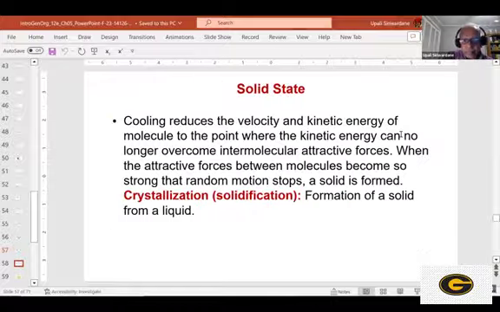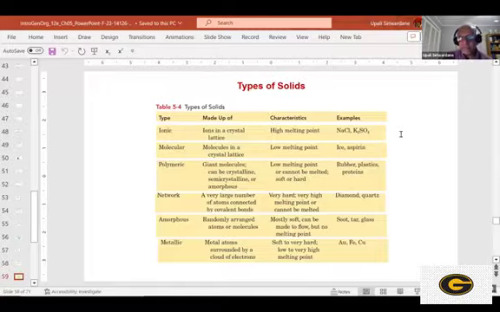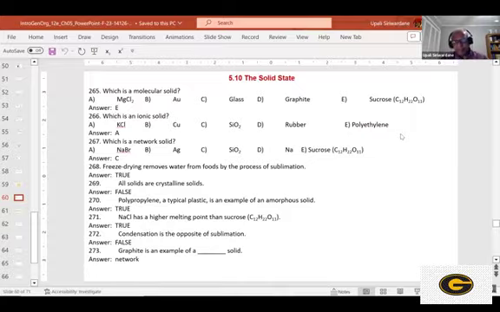We also talk about types of solid. We talked about 6 types of solid: ionic solid, molecular solid. We go over questions about different types of solid. Given this question, which is a molecular solid, you look at the choices and find out molecular solids are covalent